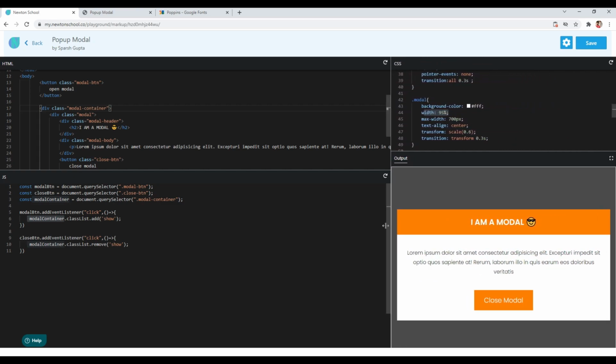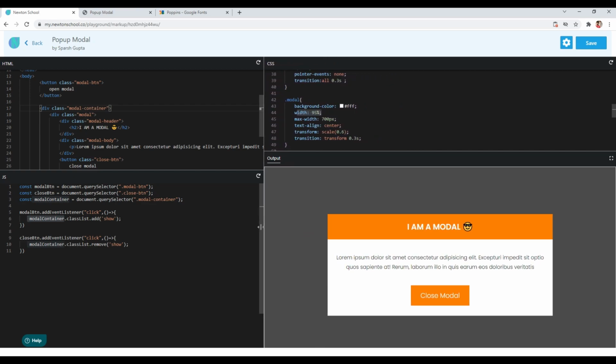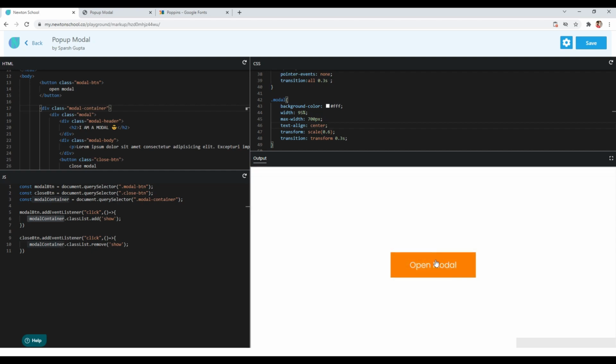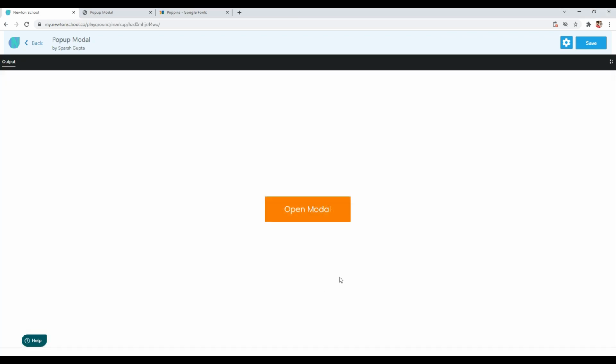And when we increase the width, you can see it will not exceed the 700 pixel mark since we have given a max width of 700 pixels to it. So you can see how easily we made it responsive also, and the close and open functionality is also working great. So this was it guys.